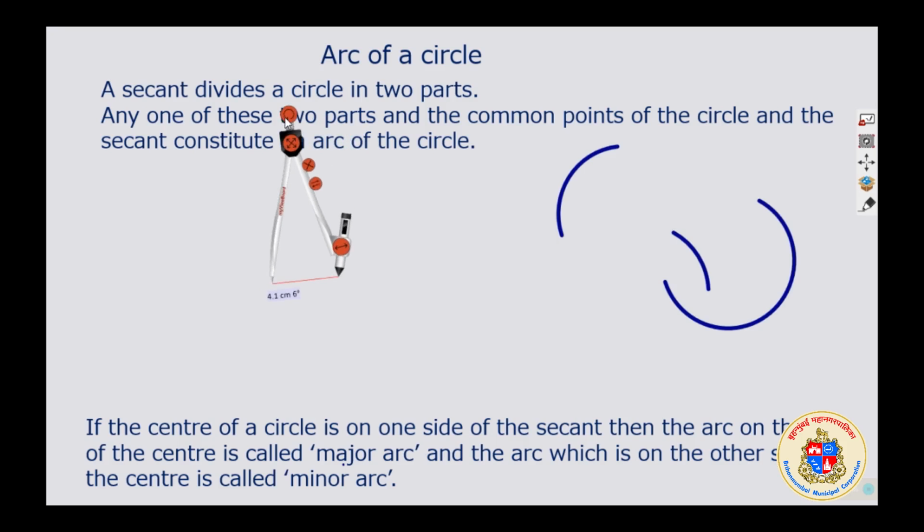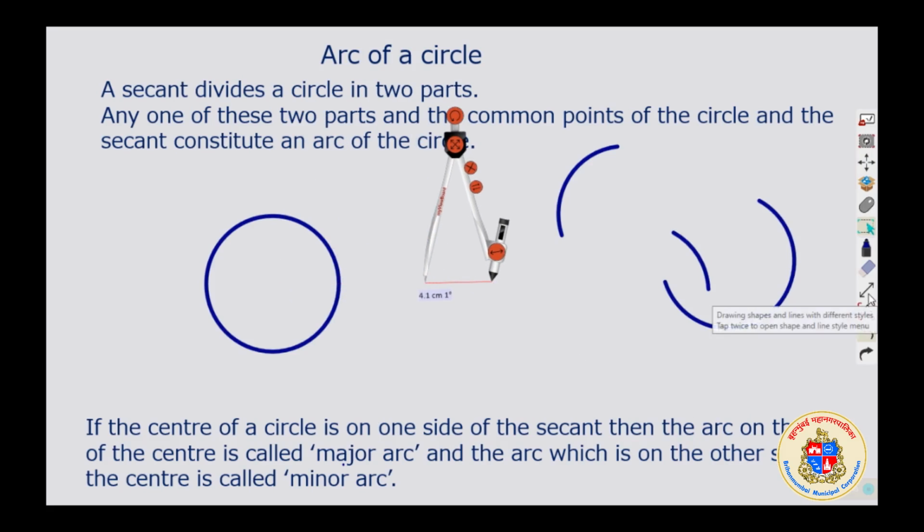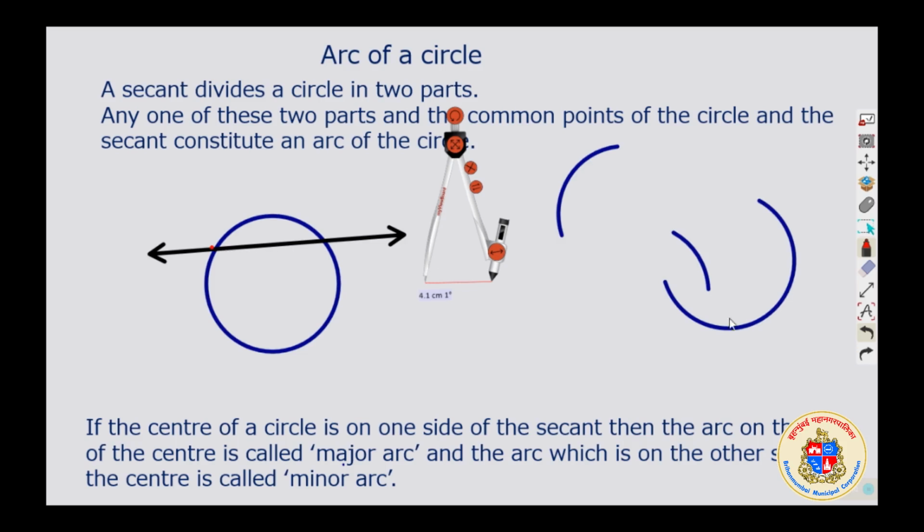For making you understand the definition, let me draw a circle here. Here is a circle. And if you draw a secant into that circle, what is it? Secant. Here is a secant. The secant will intersect the circle at 2 points. Right? Here is a point at which the secant is intersecting. Here is another point where secant is intersecting. By that the circle is divided into 2 parts.